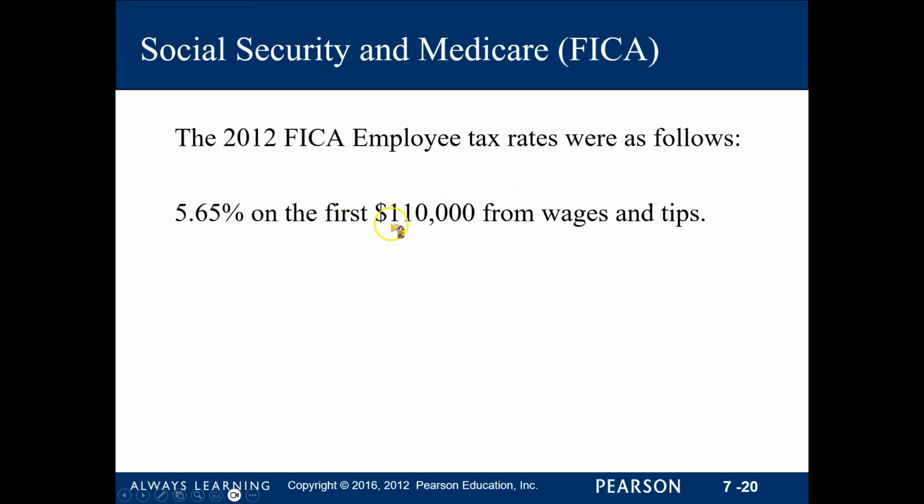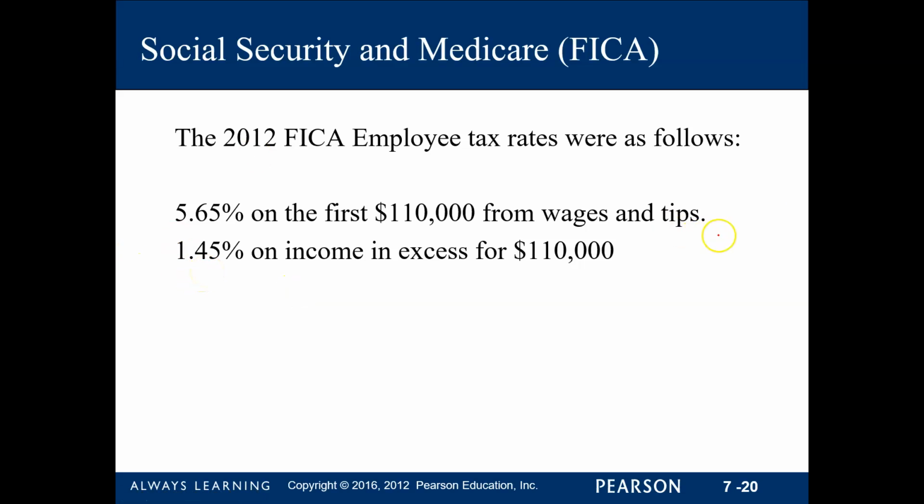If your total wage, all in all, is from $0 to $110,000, the FICA tax rate that will be applied for you is 5.65%. If you are earning more than $110,000, you will be using 5.65% on the first 110,000, and then anything in excess will be subject to